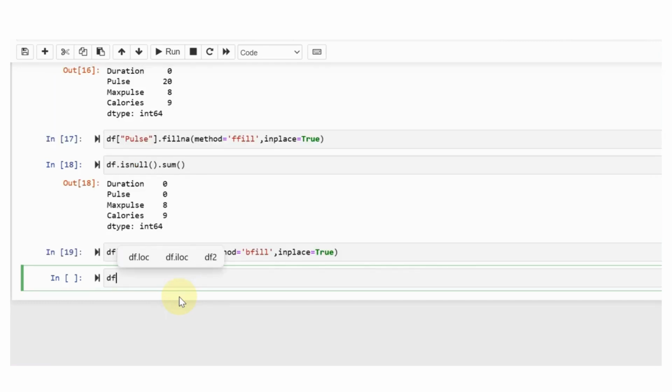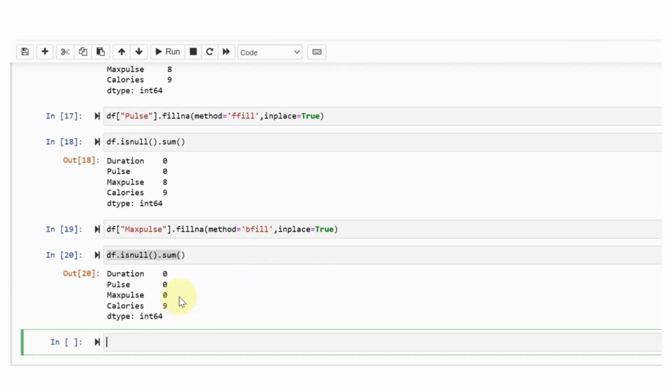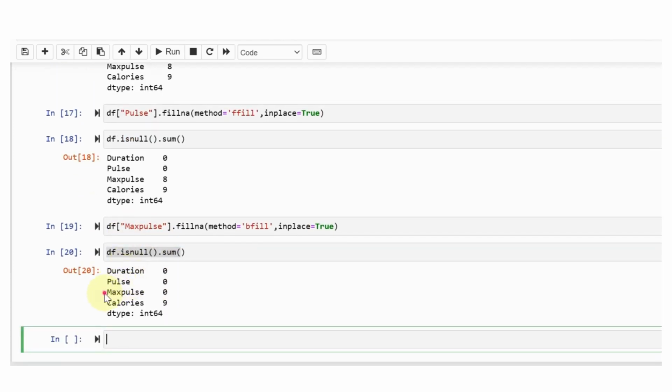Now check df.isnull().sum(). Okay, filled using backward fill, which means the next value.